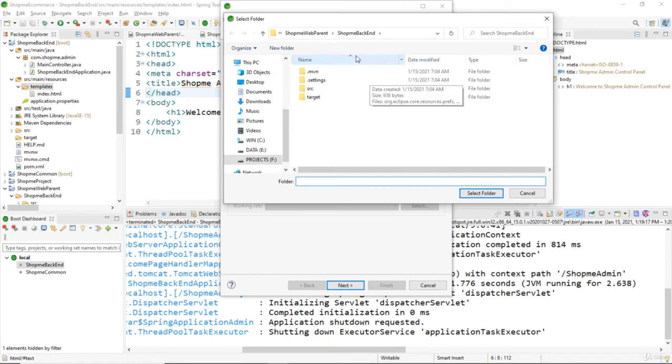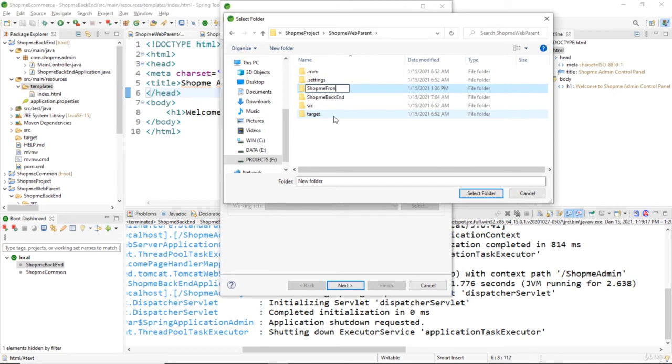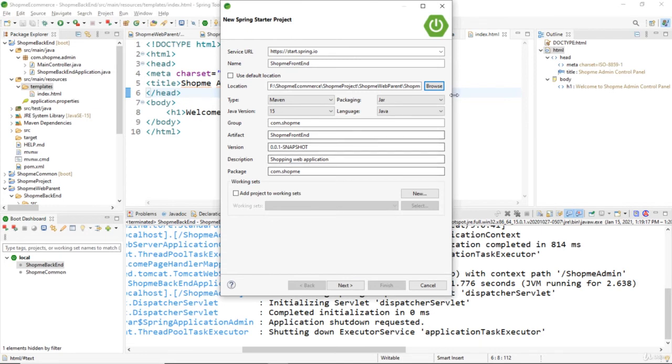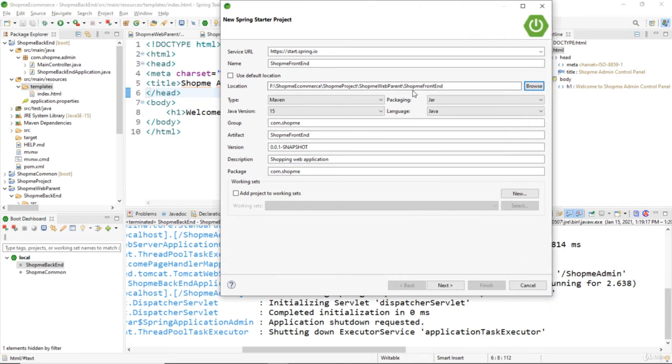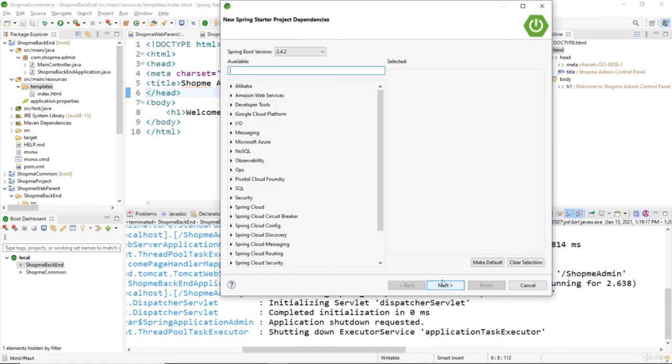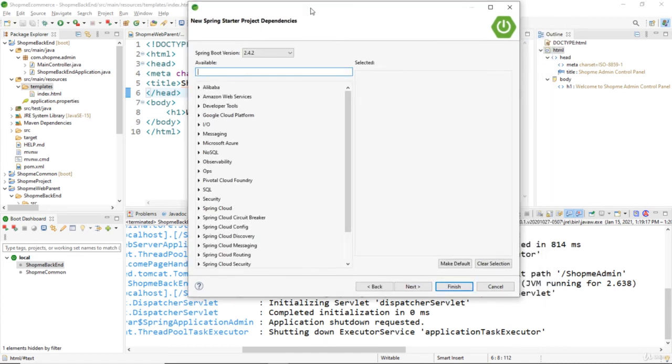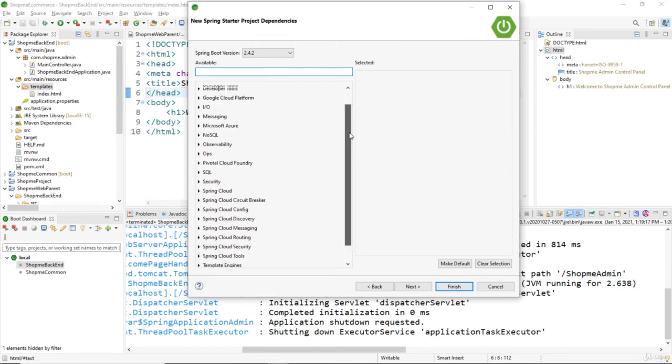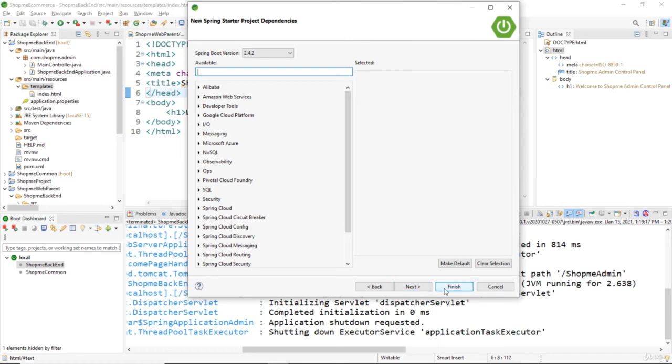Click browse and we need to create a new directory under the ShopMe web parent directory here. Create a new directory called ShopMe frontend. Select folder. Make sure that the location should be ShopMe frontend under ShopMe web parent, which is under ShopMe project, and click next. For this project we don't need to choose any dependencies as it will inherit the dependency declaration in its parent project. So just click finish,